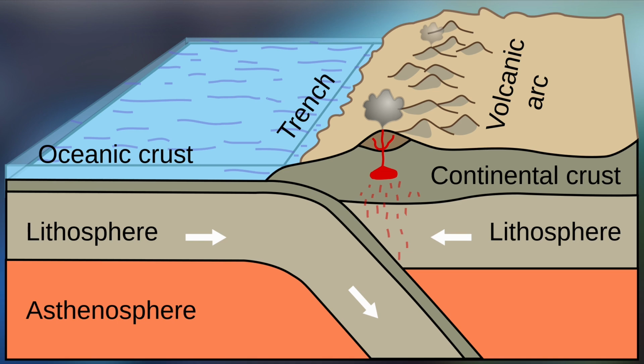Sometimes it solidifies again at depth, forming igneous rock or igneous intrusions. But when it reaches the surface of the Earth, it can form a volcano. So basically, the long and the short of it is that at convergent plate boundaries, like the Pacific Ring of Fire and many land-based volcanoes, you've got one plate subducting onto another, pulling down moisture, pulling